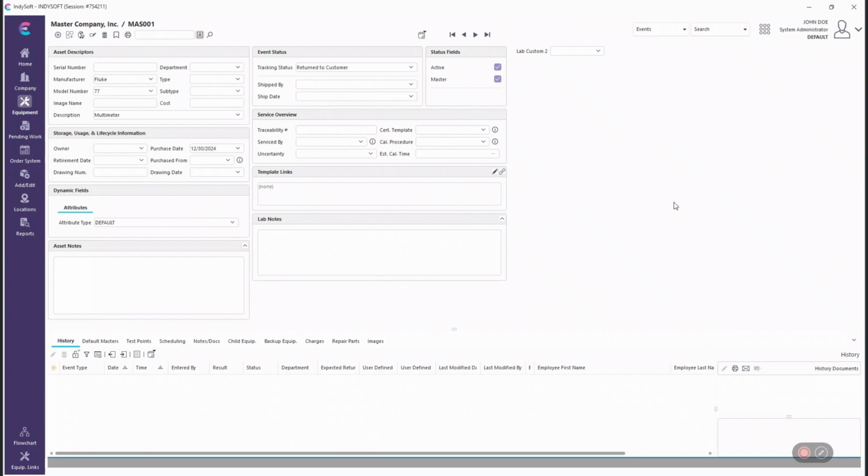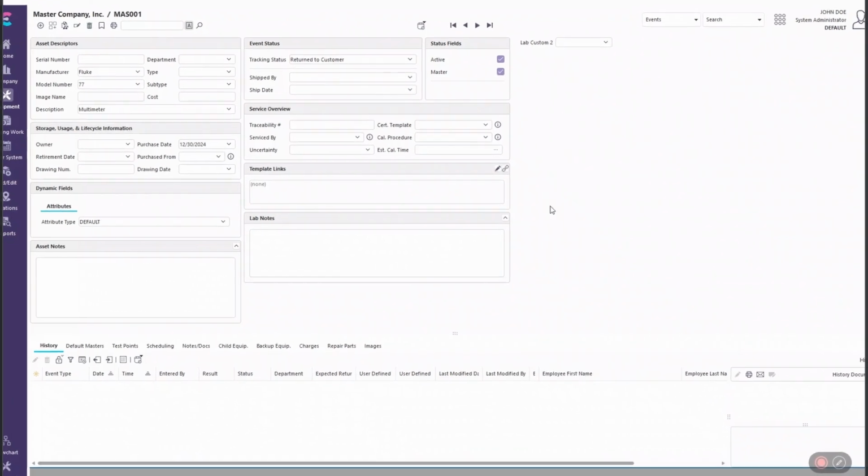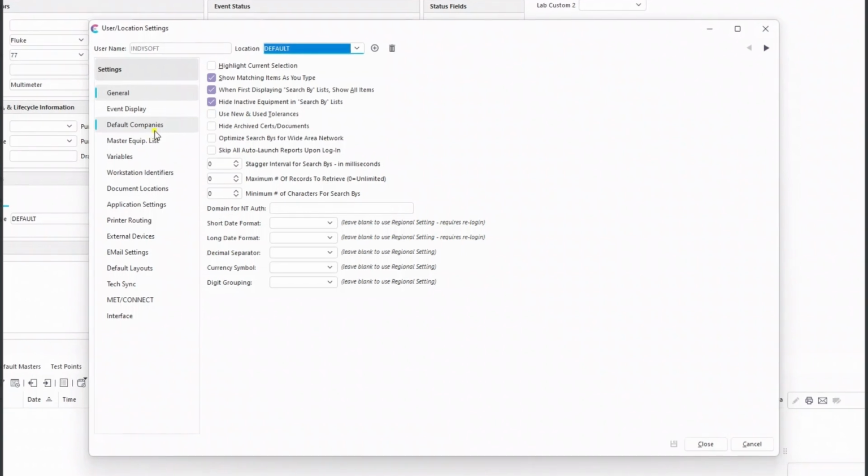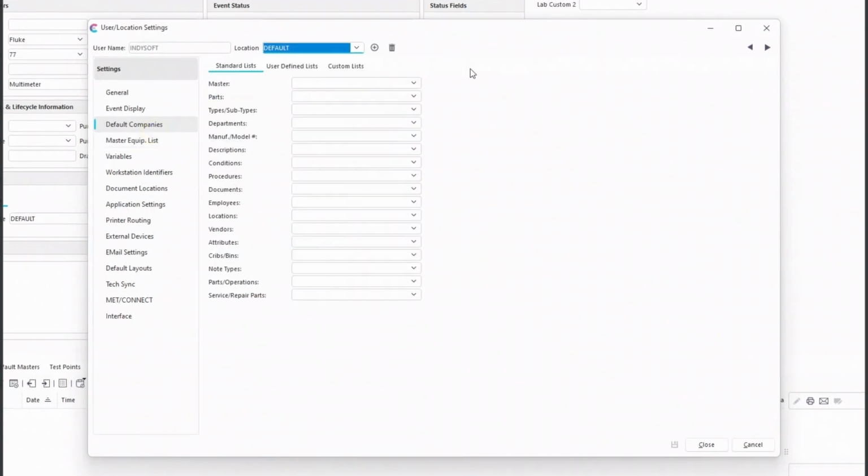So as you can see here, I am looking at a unit under master company. And if I look at manufacturer and model, I have a few options for manufacturer. And depending on the manufacturer that I choose, it will dictate what model number I have available. Now, one thing to keep in mind is right now my user location settings do not have a default company